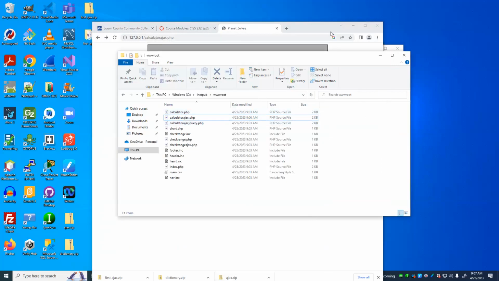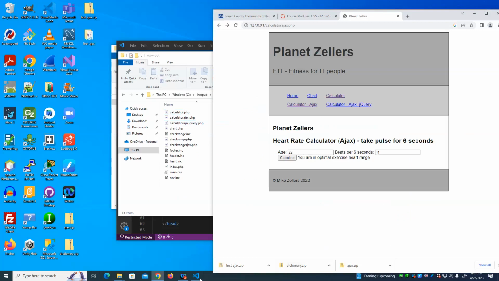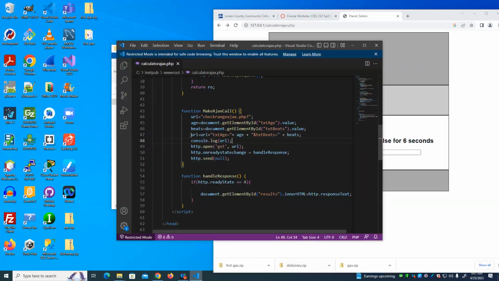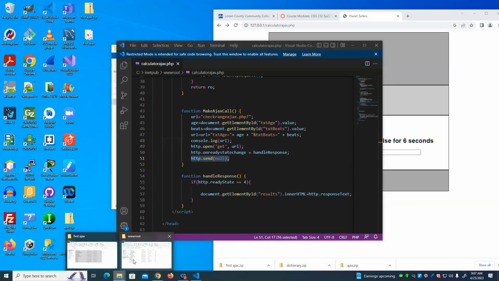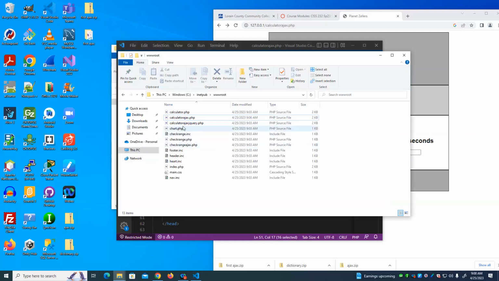So anyhow, looking at the code for this, we define a URL. We open that URL, that's opening the pipeline. We give a callback function. The callback function is the JavaScript function that is going to get called when the server is done processing this request that we're going to make. And here we're actually making the request. So we make the request, we call the server-side script, which is